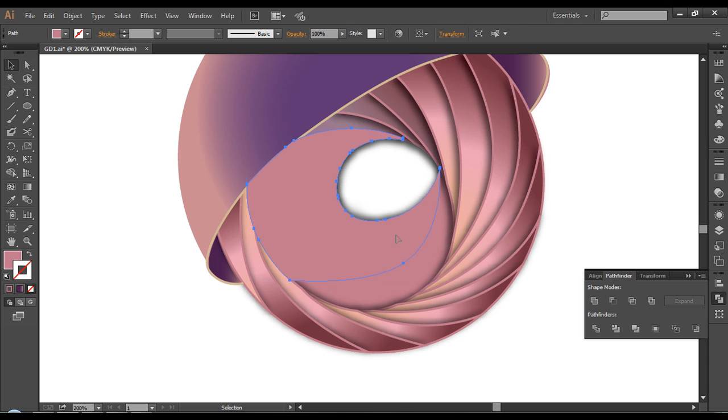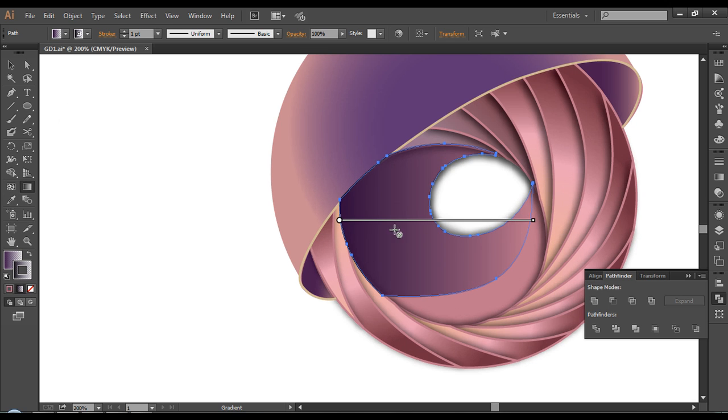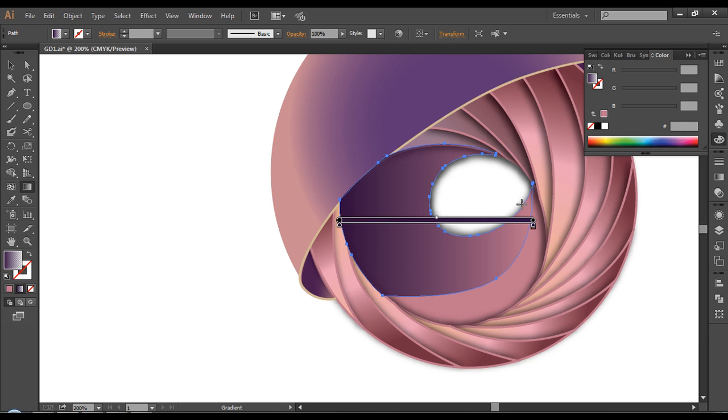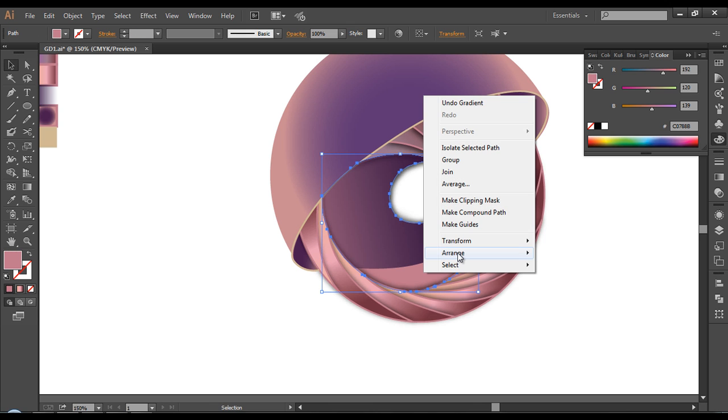Now we got this. So this one I will apply this nice shadow color which I have created using the gradient tool. This is G, and now from here selecting, remove the stroke color and fill it up with the fill color, from dark to light. So make sure you got the dark portion here and the light over there. And now I'll select this one, arrange to front,